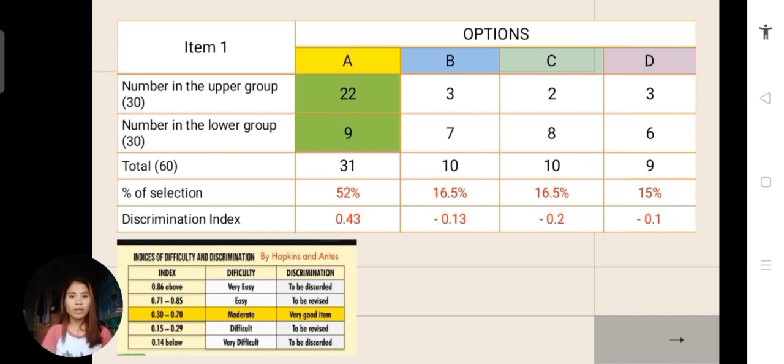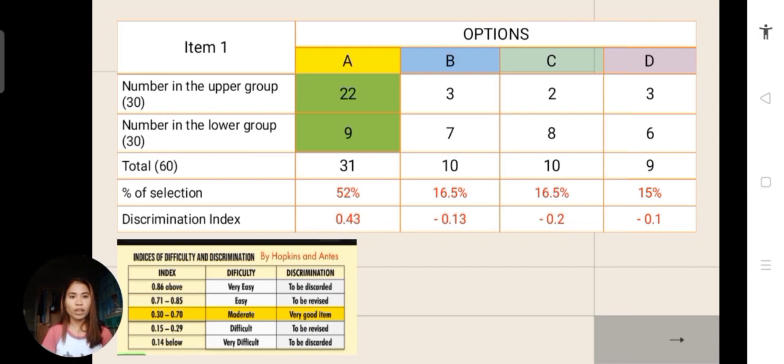So, in this table, based on the question or item 1, we have here options A, B, C, and D. In the first row, we have the number in the upper group. Second is the number in the lower group, and then the total of both students who answered from the upper group and the lower group, then the percentage of selection, and the discrimination index. So, in option A, which is the correct answer, the number of students who chose option A in the upper group is 22, and in the lower group we have 9, for a total of 31, and then the percentage of selection among 60 students is 52%, and the discrimination